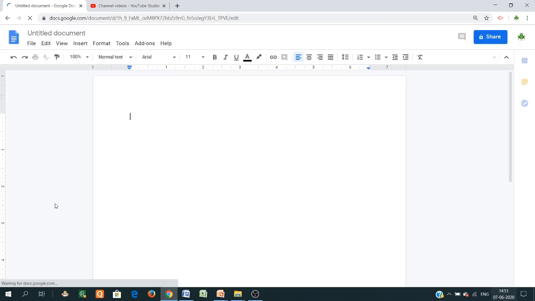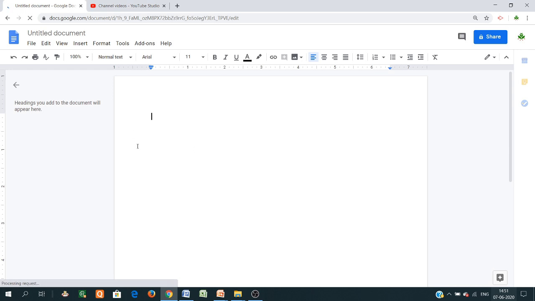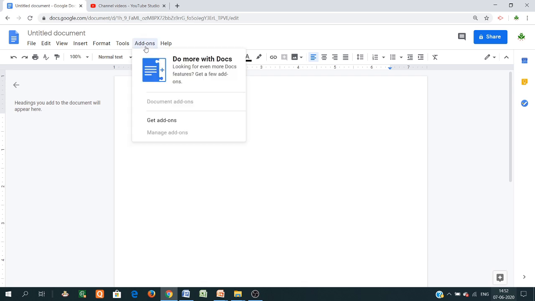This Google Docs is nothing but like Microsoft Word documents. There are different types of options available, which are also available in Microsoft Word. There are file, edit, view, insert, format, tools, and different types of add-ons, that is very important. Suppose you click on add-ons and get an add-on, it goes to a new window, that is called Google Workspace.